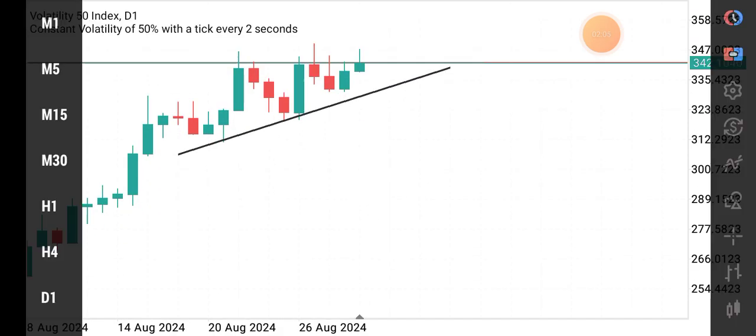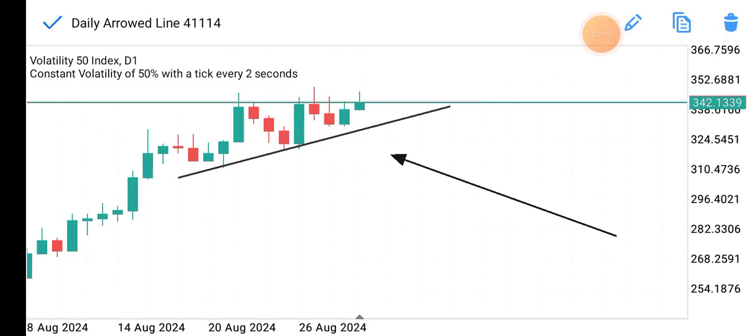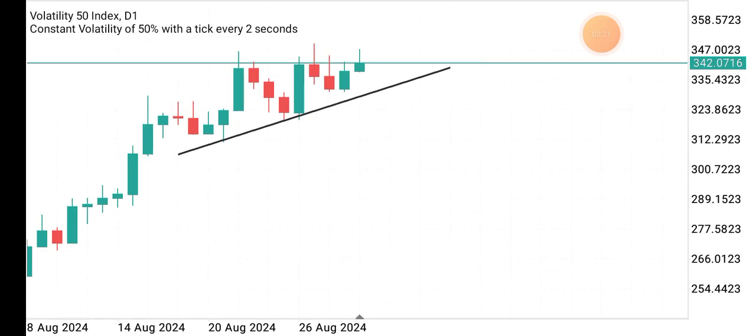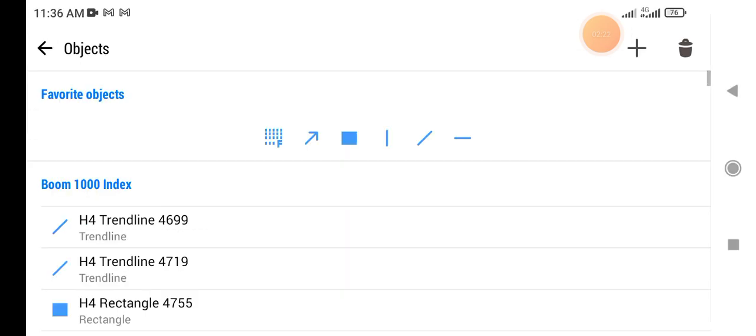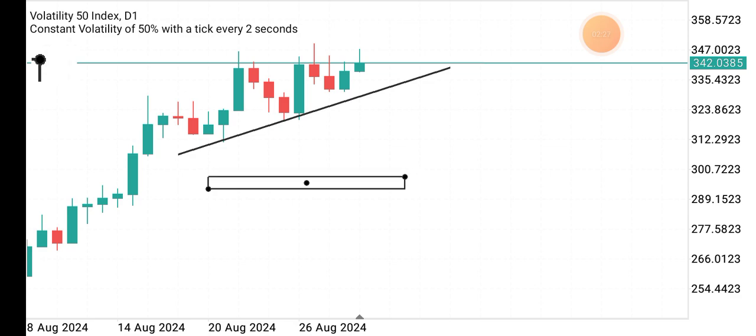This is a daily time frame. You can see that this zone has been rejected. This is the first time it got rejected, second time it got rejected, this is the third time, and it looks like it's going to be rejected too. After taking note of this, we can easily place a rectangle to mark out that resistance zone,